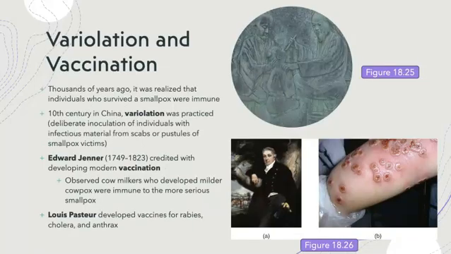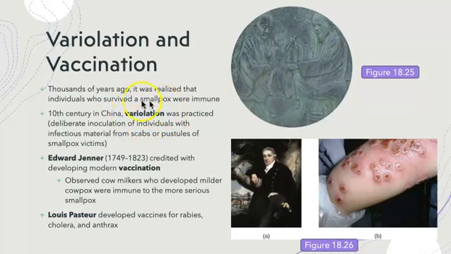Now we're going to have a bit of storytelling with variolation and vaccination. So thousands of years ago, people did realize that individuals who were able to survive smallpox were immune. And so in the 10th century in China, variolation was practiced. They would deliberately inoculate individuals with infectious material from the scabs and the pustules of people that already had smallpox. And what they would find is the